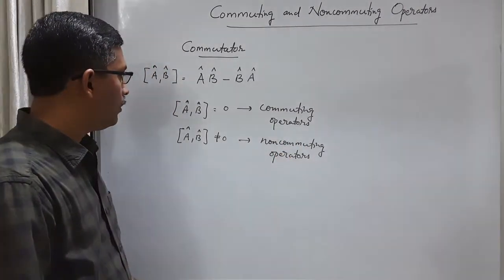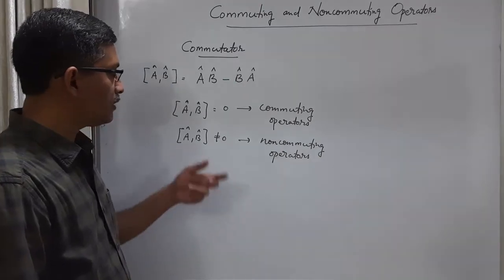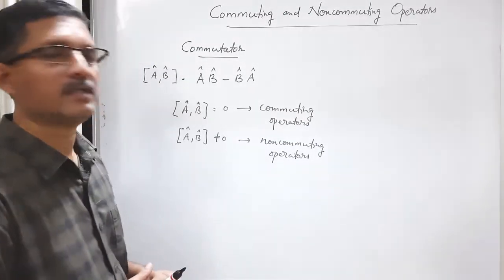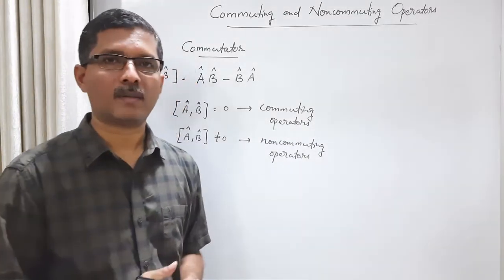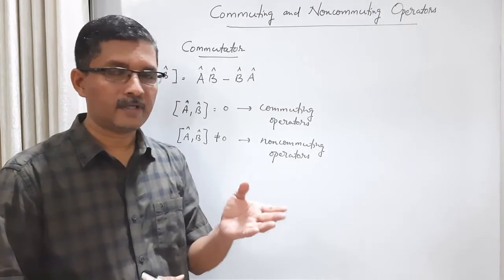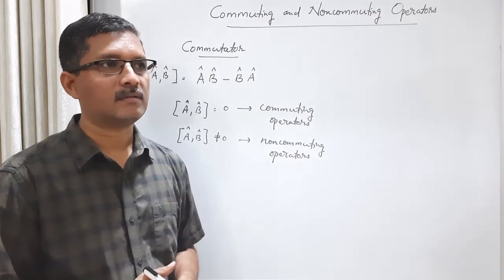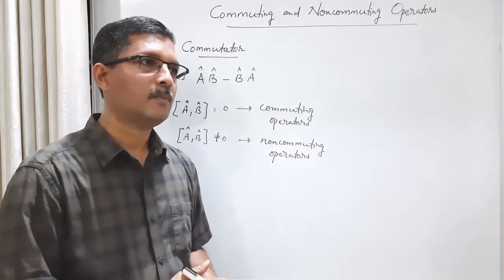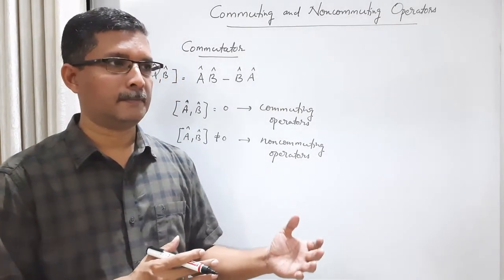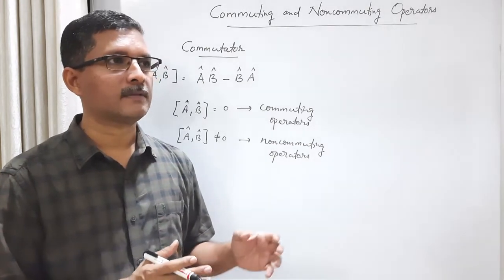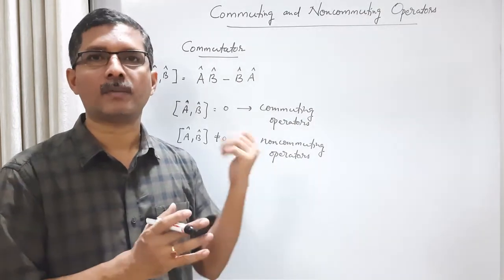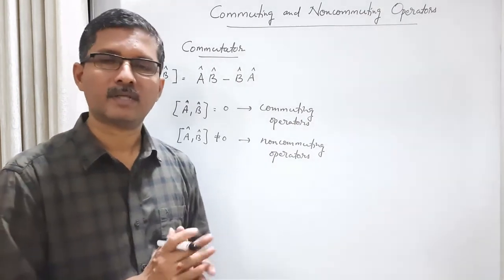Okay. Let us calculate the commutator for two important non-commuting operators that we use in quantum mechanics, position and momentum operators. I stated in the example that in the stationary states of hydrogen atom, position and linear momentum of electron are non-commuting. That means they are not sharp, they are dispersed. If they are dispersed, it means that they are non-commuting. They are incompatible and they are non-commuting.